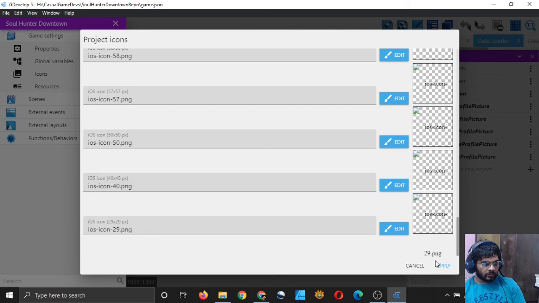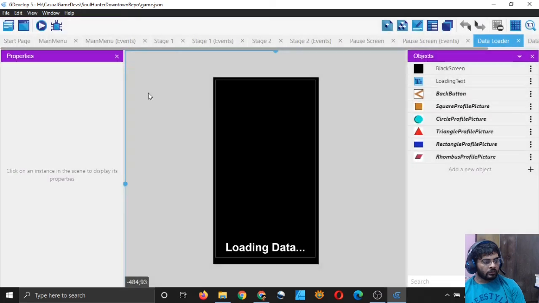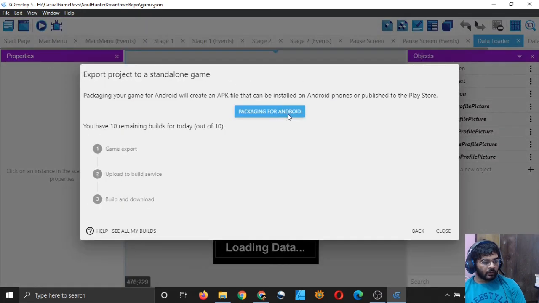Just simply click on apply, and you have all your icons. We have seen how to resize icons in the video in which we published the standalone version of the game, so you can watch that and download the source for the standalone version. And now let me publish the game to Android.